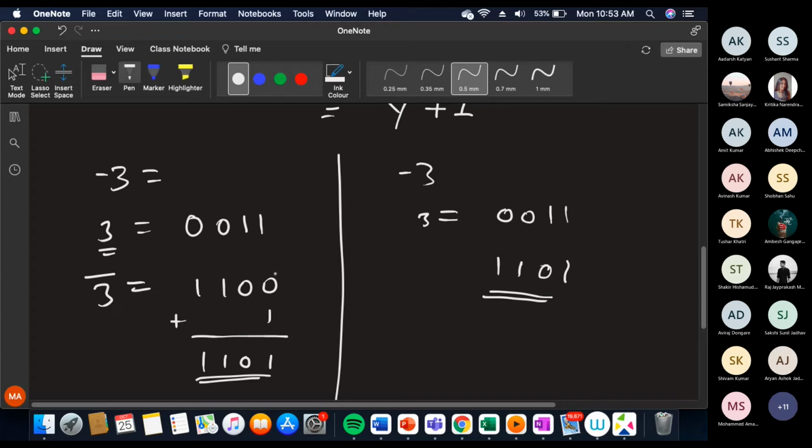But the proper method is: get the 1's complement first. After getting the 1's complement, add 1 to it. So that is the proper method that you need to know. Is that clear? अगर मेरे को कोई भी नंबर का नेगेटिव नंबर निकालना है तो पहले क्या करना पड़ेगा? उसका पहले 1's complement निकालो और उसके बाद उसके अंदर 1 ऐड करो. Why? Because a negative number is always stored in its 2's complement. Is that clear? Yes, sir.